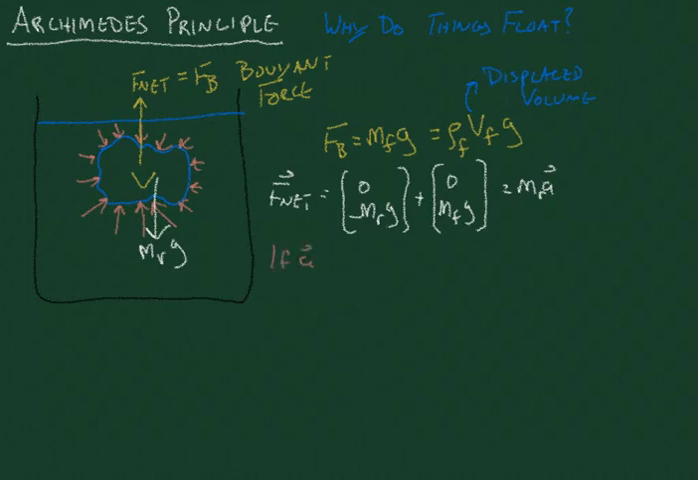So we know if a, the magnitude of a, is greater than or equal to 0, then that's telling us that the object floats. Right? Because it's saying that we have a net force that's up, and if our net force is up, then that means it floats. However, if a is less than 0, then we know that it sinks. Okay,